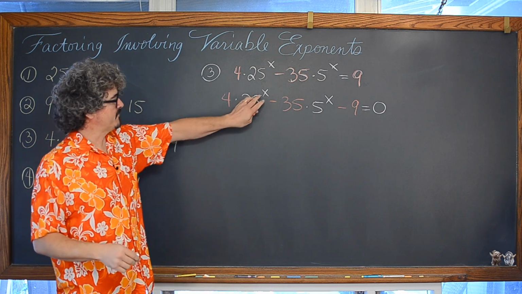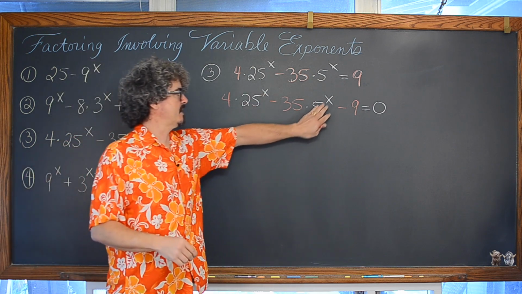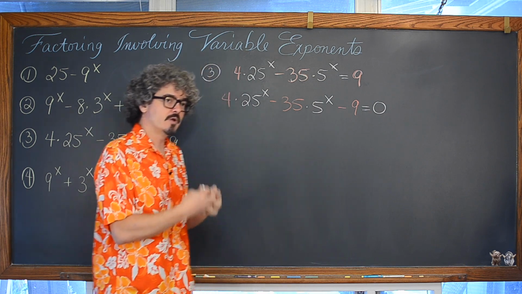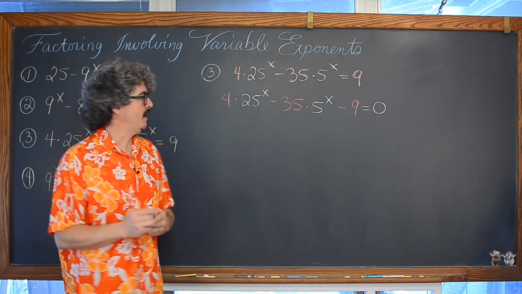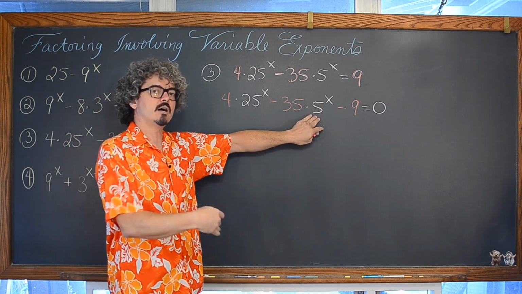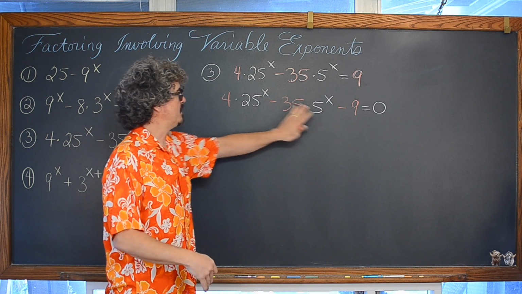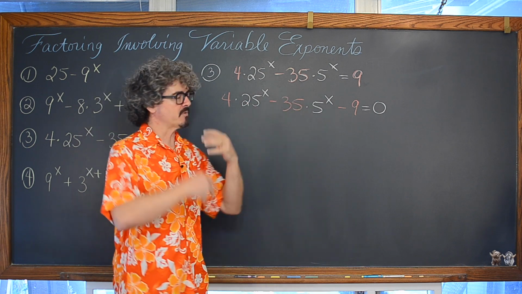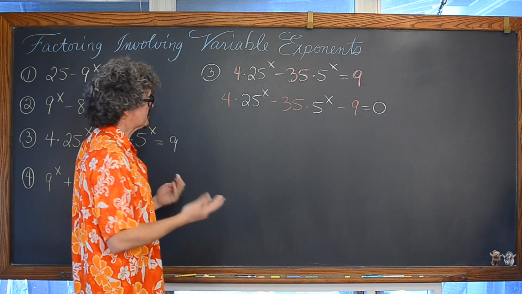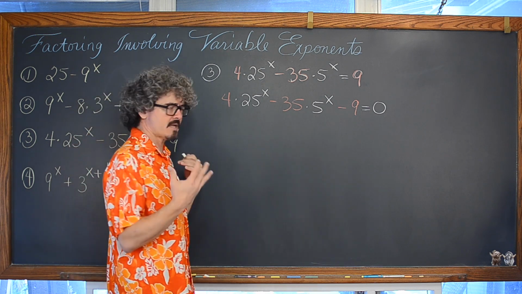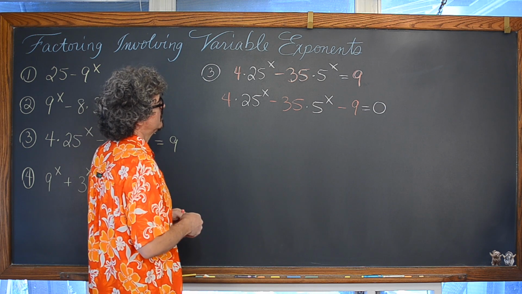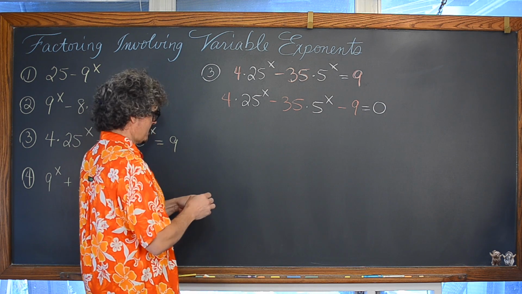Well, we have a base of 25 to an x and a base of 5 to an x. Maybe this is not solvable, but this is pretty easily rewritten to create that quadratic pattern, because 25, of course, is equivalent to 5 squared. So we can write both of these factors that have a variable exponent to have that same base and allow us to find an exact solution to this what's going to be a quadratic without the aid of a calculator.